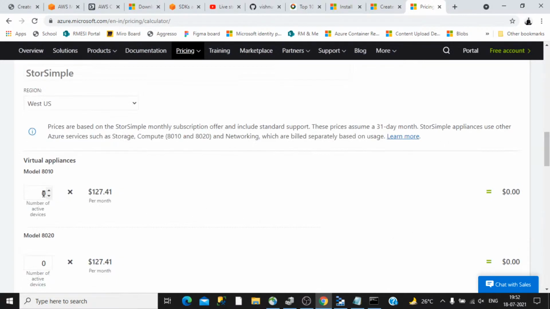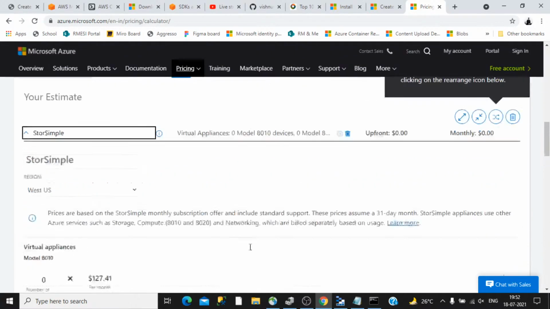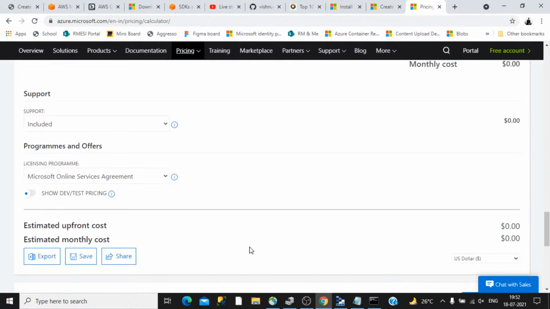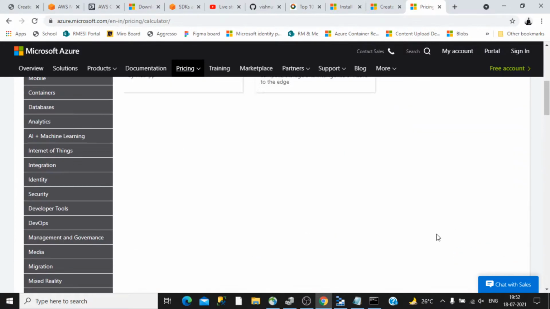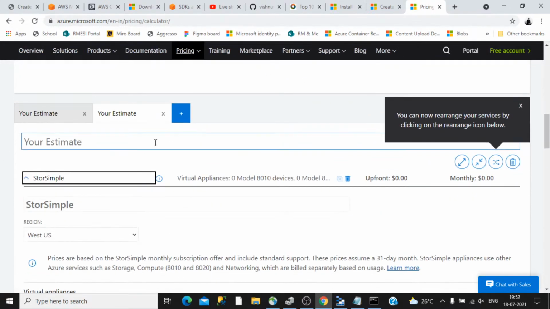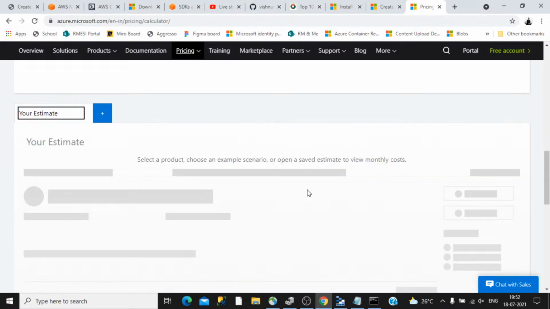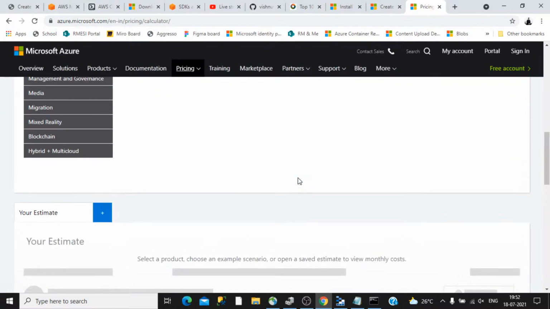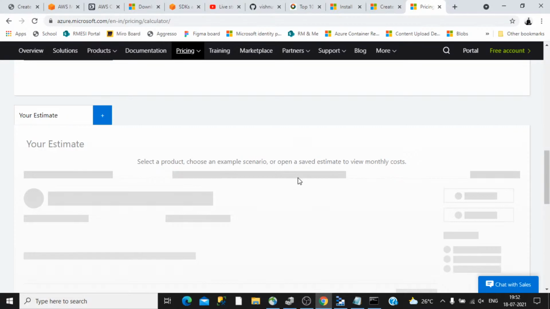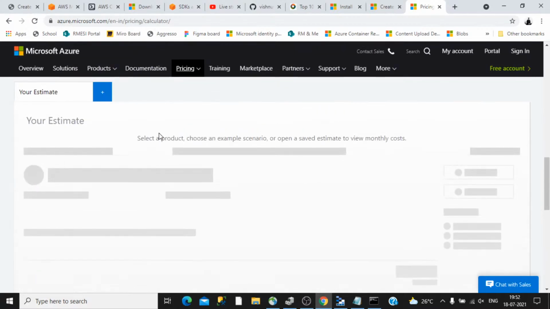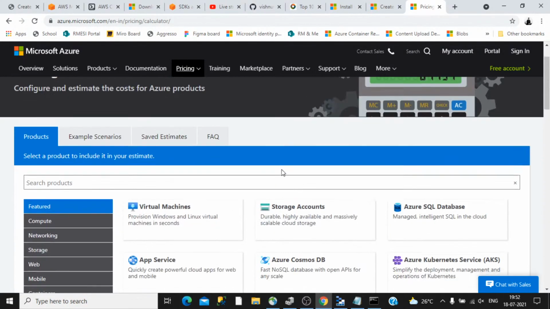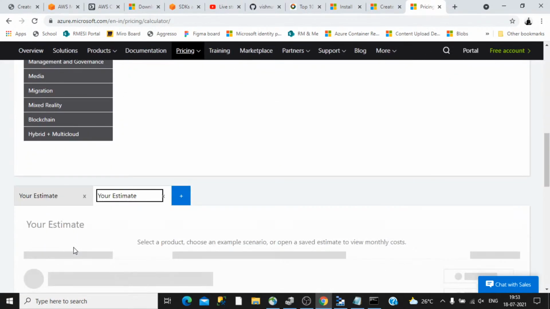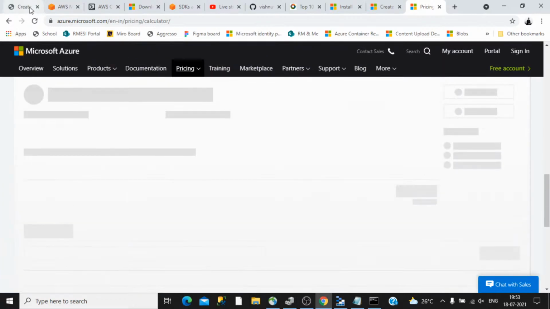Let's clear all this and reload again. Okay, we can check that later. I think some issue is there, maybe my internet connection.